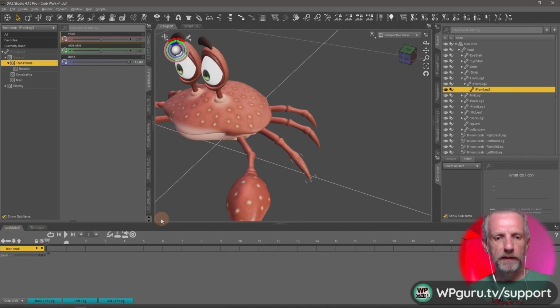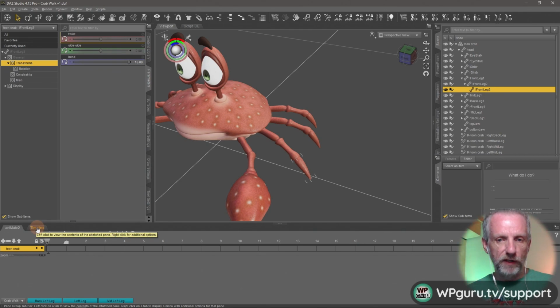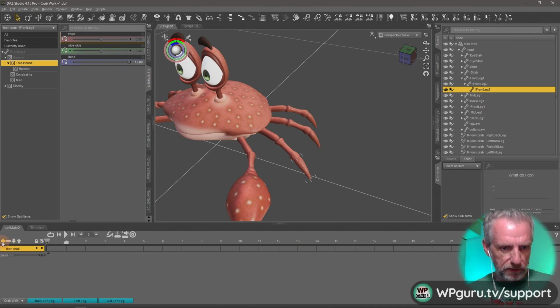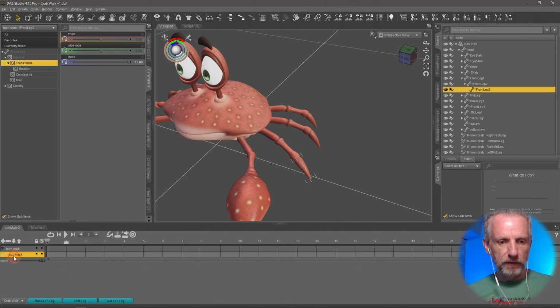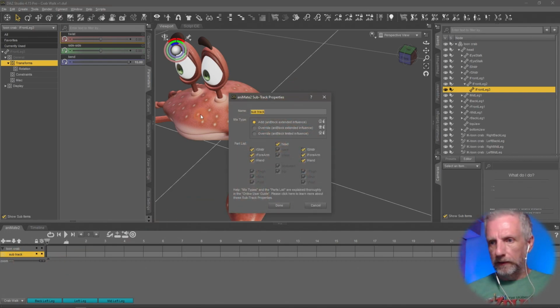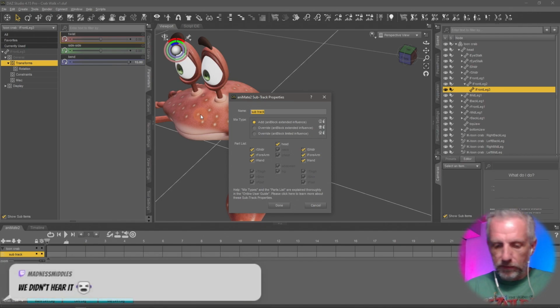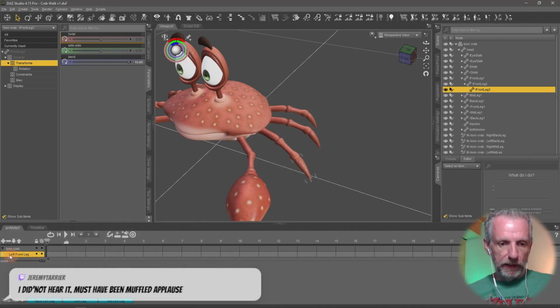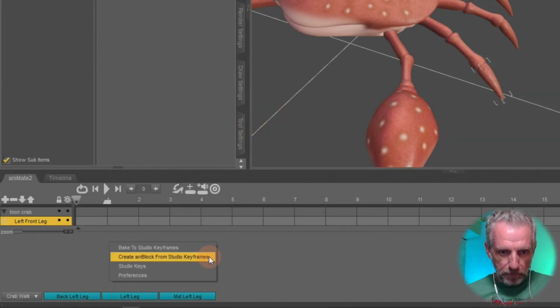Let's go into animate, and whatever I've got as keyframes now, which isn't a lot, this is just one leg, I'm going to turn it into an Aniblock. For that, I think I need to click this button. That makes me a subtrack. I don't have to name it with anything, but I could call that front left front leg. And I don't need anything about head or shoulders. Hit done. And now with that front leg, I can right click somewhere here and say create Aniblock